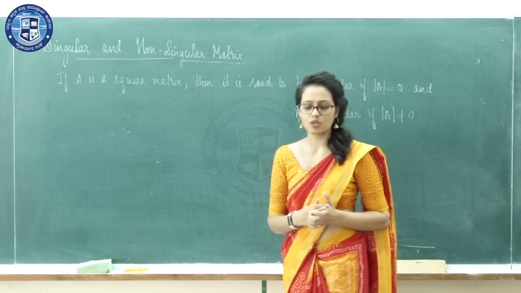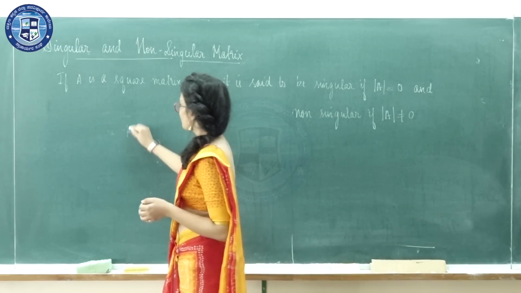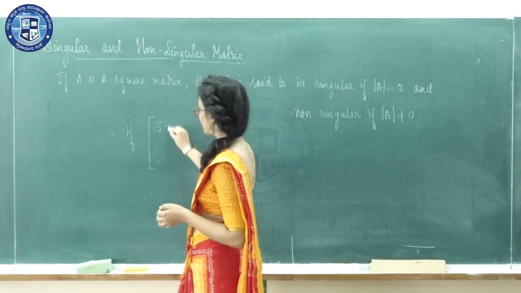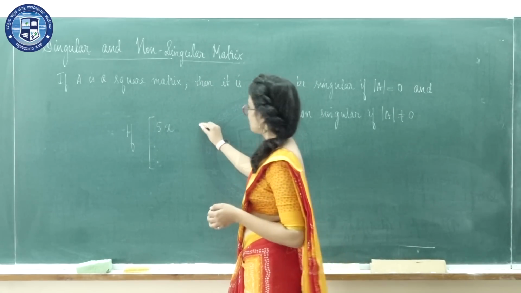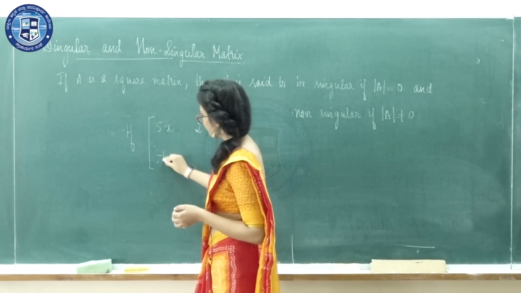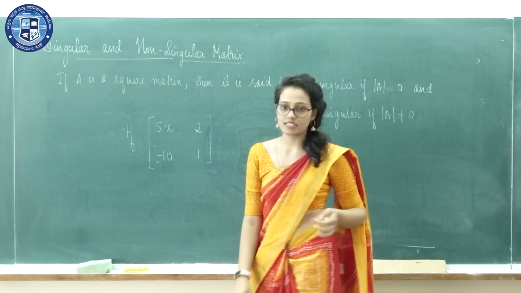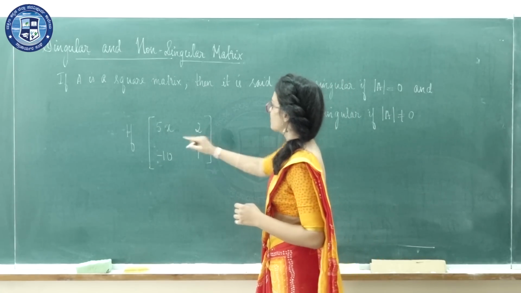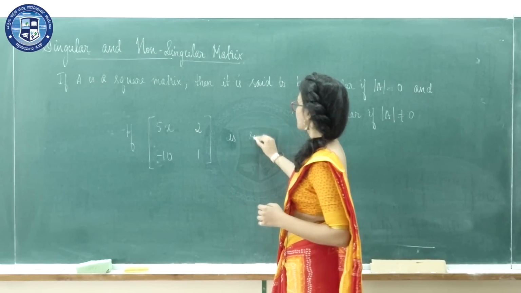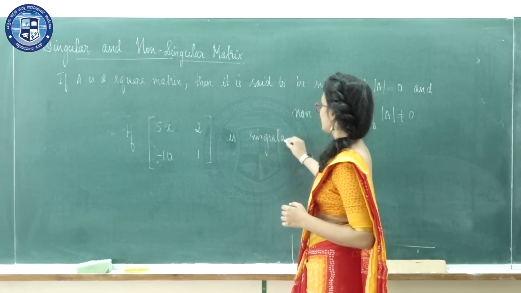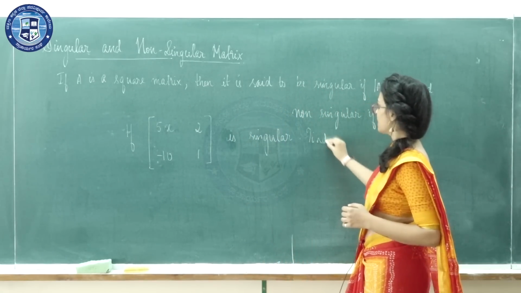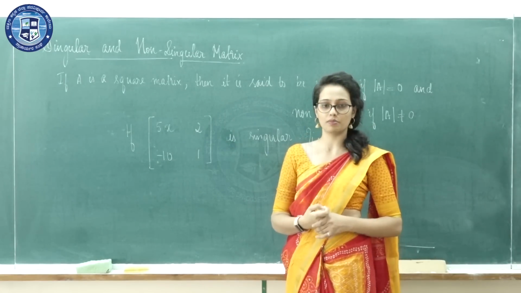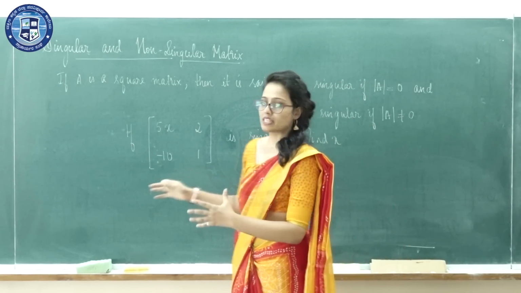So, now let us consider one example. If the matrix A = [5 x; 2 minus 10 1]... is a singular matrix, then we have to find the value of x. So, it is given that the given matrix is singular, find x. Okay. So, we know from the definition of the singular matrix that a square matrix is singular if